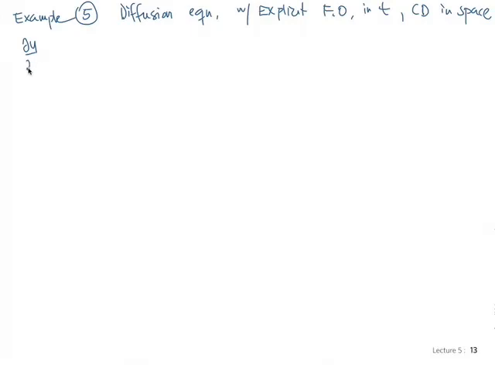So this is going to be the diffusion equation with explicit, first order in time and center difference in space. So our equation is du/dt equal to nu times the second derivative of u with respect to x, and we discretize that, and we've done this